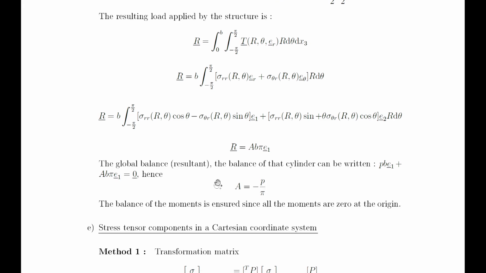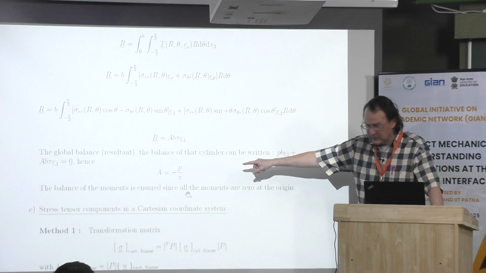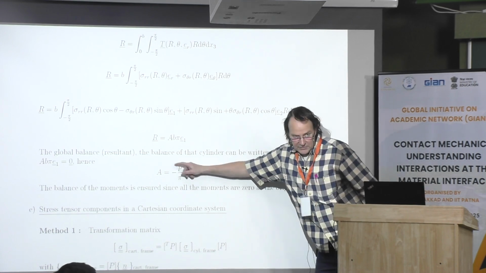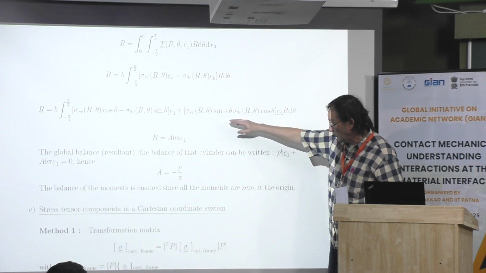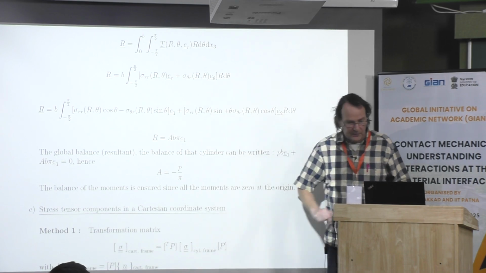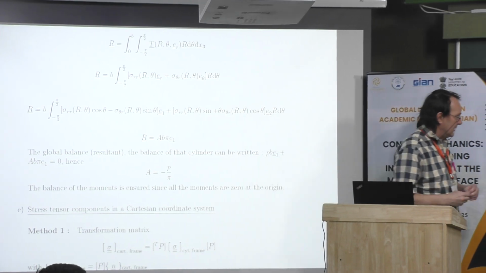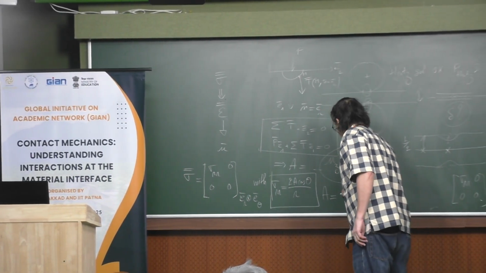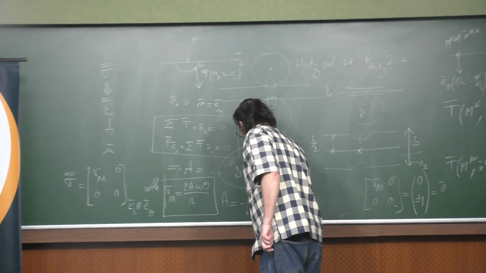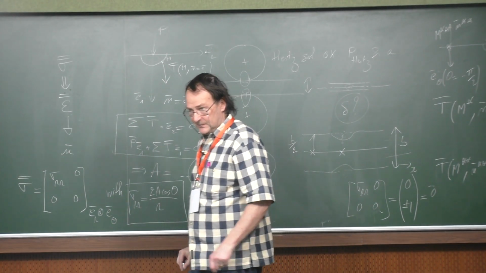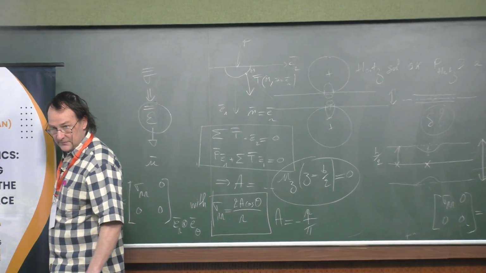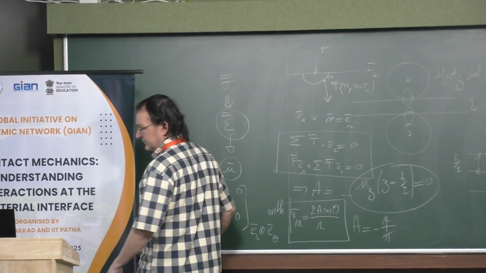And when you do that, you find the constant, which is A equals minus P over pi. Okay. This is the constant A by doing the equilibrium, as I said before. Then now we know the stress tensor because here we know that A equals minus P over pi. Then now we just have to calculate epsilon, and then calculate the displacement.